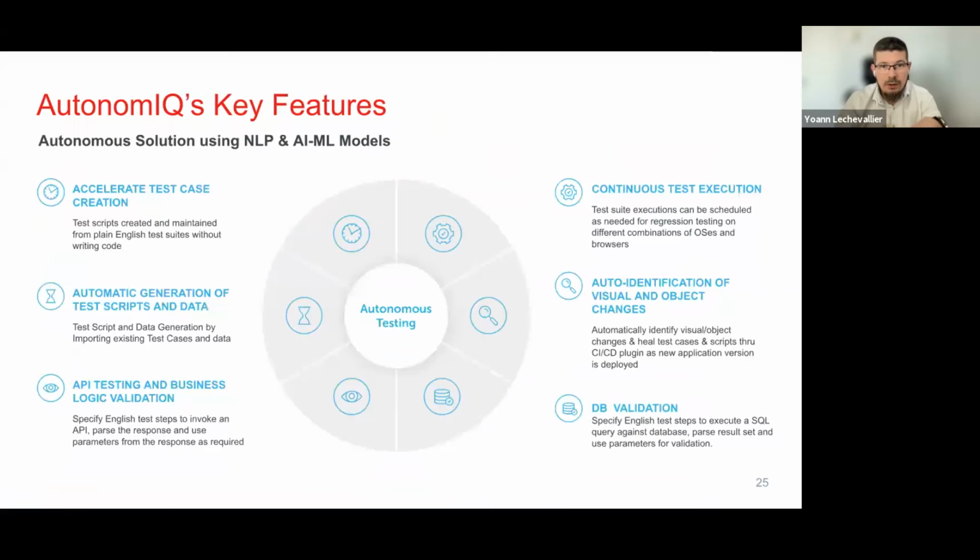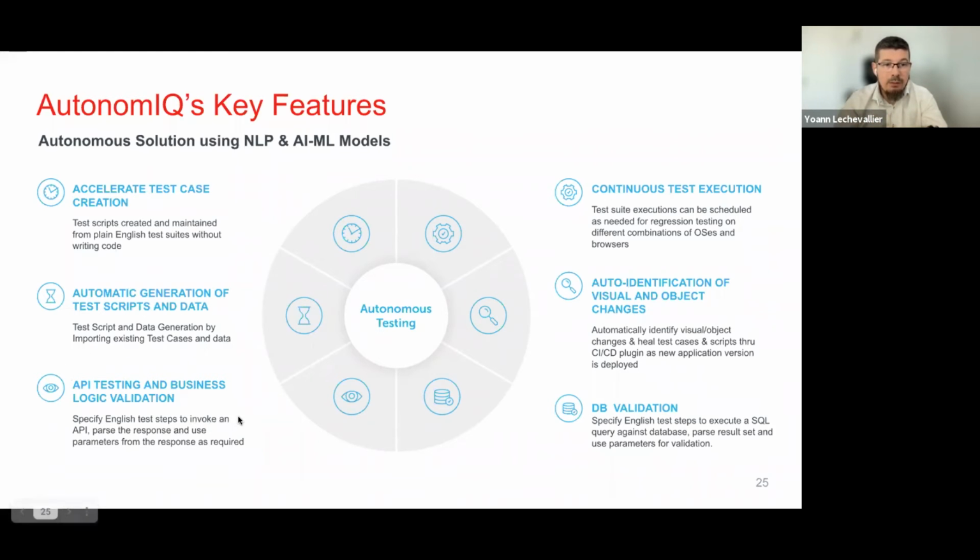So really, the value proposition of AutonomIQ is to use your subject matter experts, in Salesforce, Oracle, ServiceNow, or your SaaS application, and to use their skill of the tool to create and formulate the intent of your test in plain English, and from there to analyze it and translate it into a test script in Java, to be able to as well generate synthetic data for the test